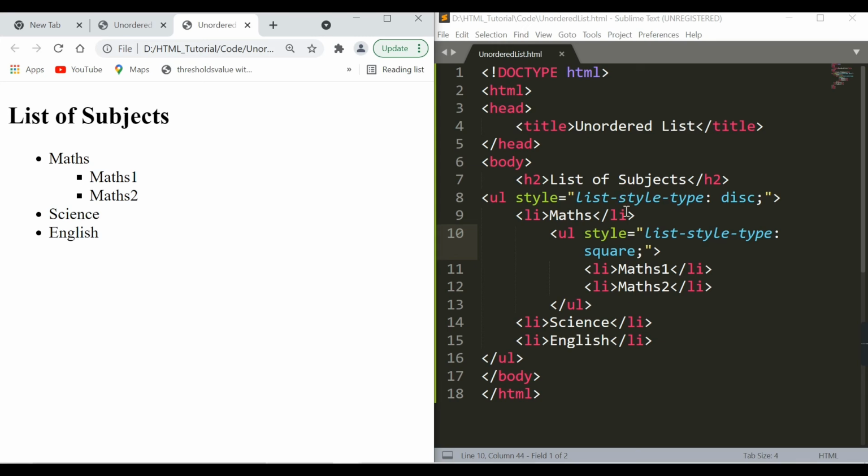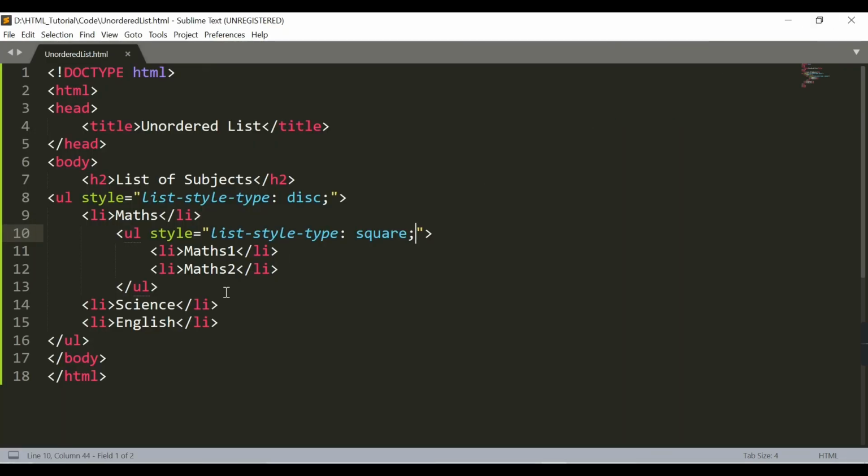In the list items we can also have other elements, like we can provide an anchor tag in the list item. Let's check that also. I will remove this code.